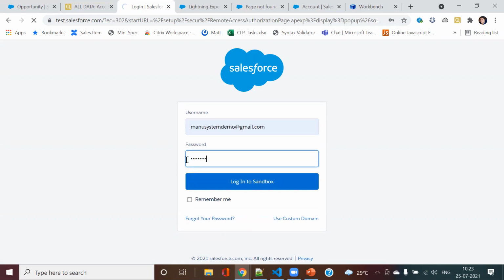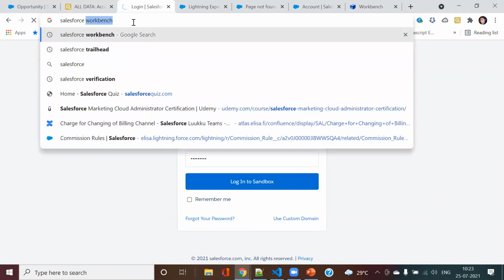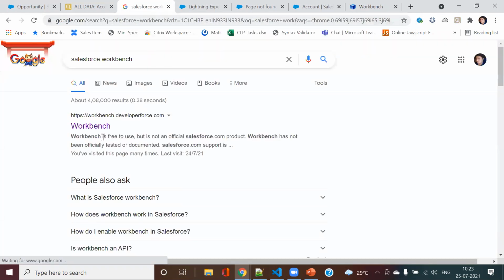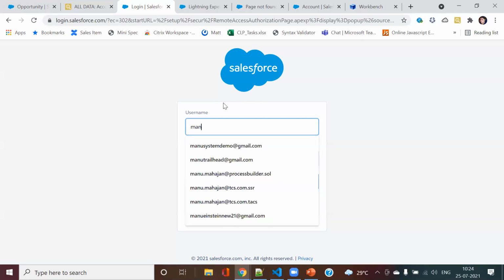Oh, sorry, I believe I selected the option as sandbox. Oh, I need to log in again. And you notice how I noticed I was in a sandbox: for production, since we are using the developer edition, the URL is login.salesforce.com. But in case it's a sandbox, it's always test.salesforce.com. Yeah, now you have to say login here.